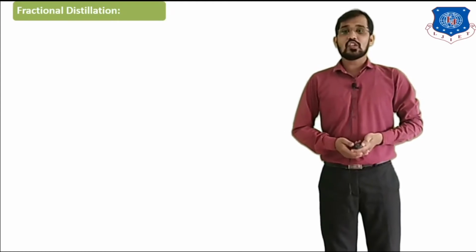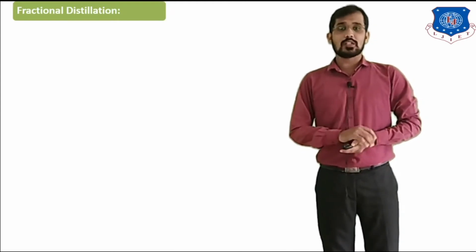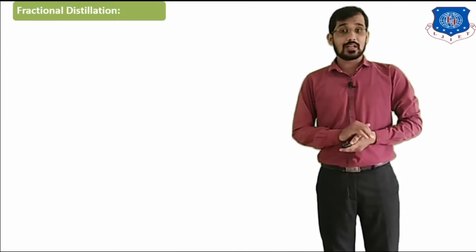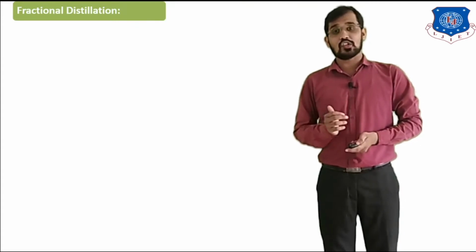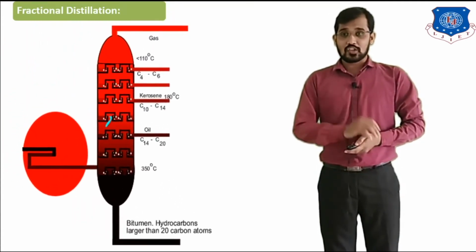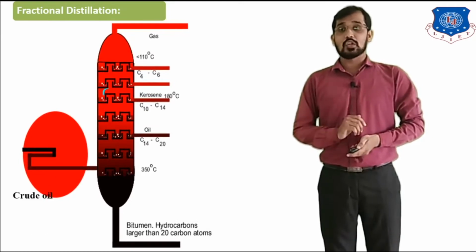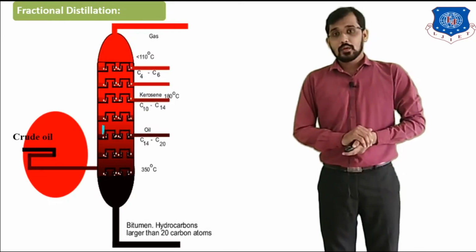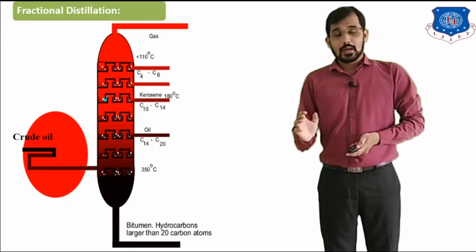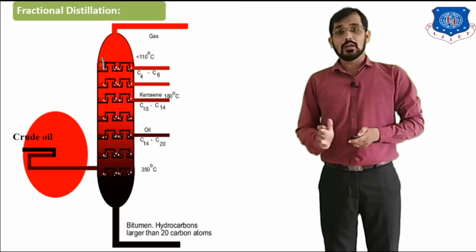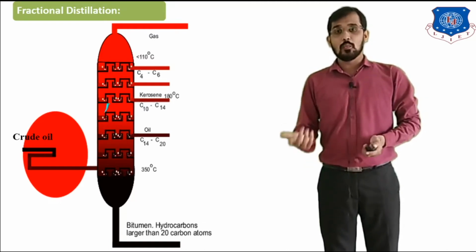Next one, fractional distillation. There are two types of distillation column. The first one is the conventional distillation column and another is the fractional distillation column. This is the fractional distillation column. In the fractional distillation column, the feed is crude oil. Crude oil means rock oil, where the composition of the rock oil is unknown, meaning there are unknown components also